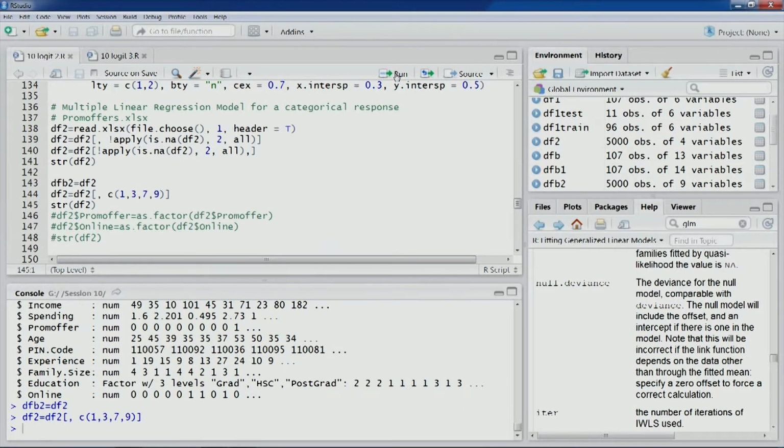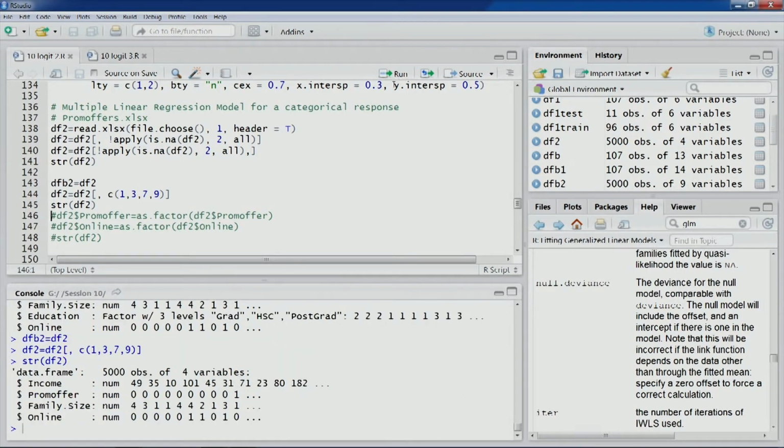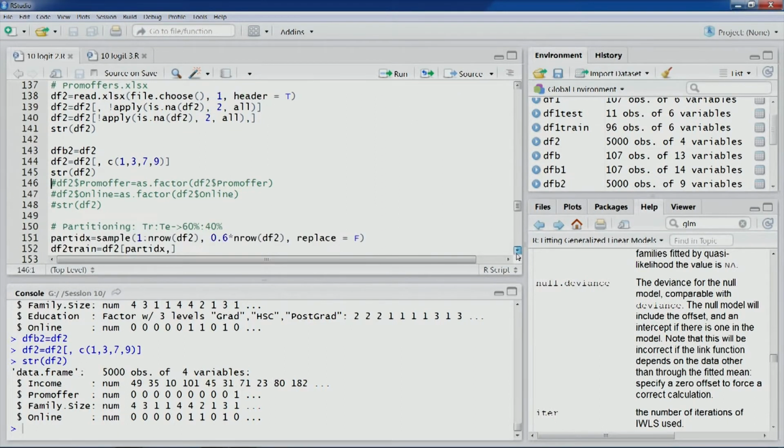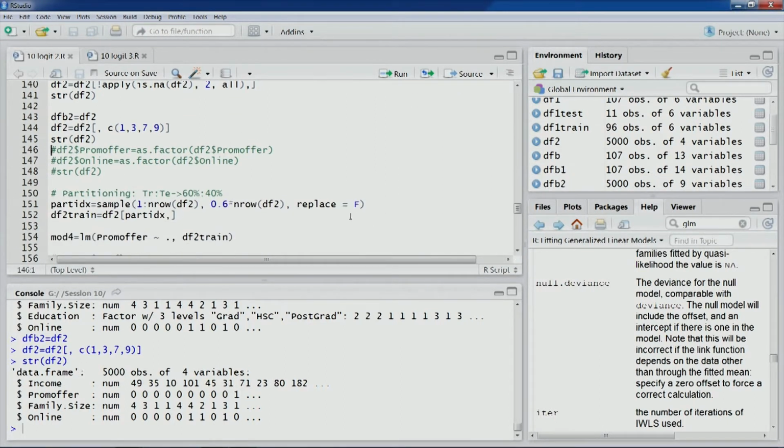So these are the variables selected for this exercise: income, promotional offer, family size, and online. The variable that we are going to use as our outcome variable is the promotional offer. As you can see, we have commented out the lines of code which we used earlier to convert these numeric variables